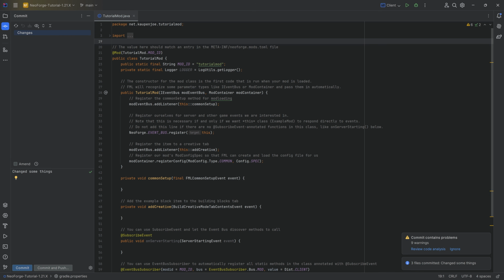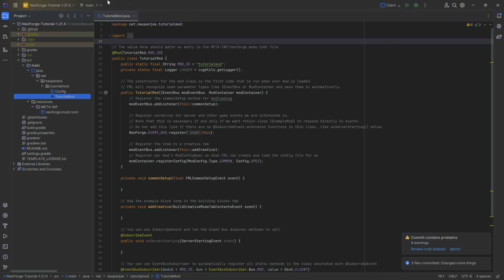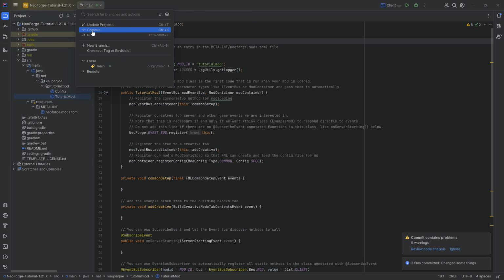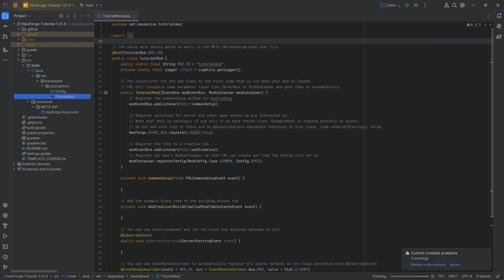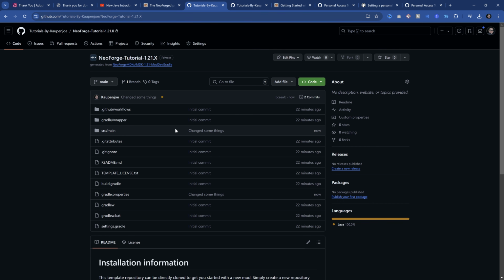This is going to commit our changes sort of into our memory. And then at the top over here, you can see that the main now has this little button, like the green arrow. And we can then hit push over here. Usually you're going to get, oh, there's warnings. Don't worry. The entirety of Minecraft modding is a whole warning, basically. There's no way around that. And we can simply hit push anyways. It's going to push those changes onto GitHub. And if I now go back to GitHub and reload this, what you'll find is that change some things right here is now uploaded. Absolutely fantastic. That is pretty freaking cool. And that is the whole setup basically done.